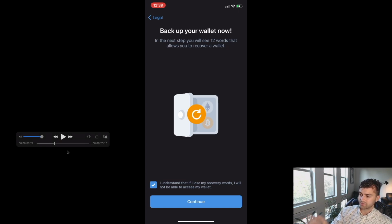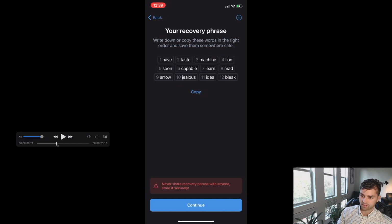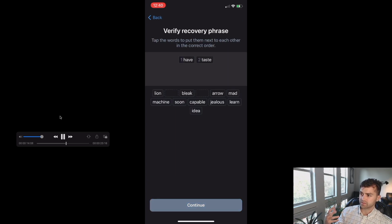It doesn't say even at this point that you shouldn't be showing this to anybody. You might be opening it around your friends or family, whatever. And again, it just goes to show that this Trust Wallet does not have enough upfront user education for beginning users in crypto. But anyway, so you write these 12 seed phrases down,